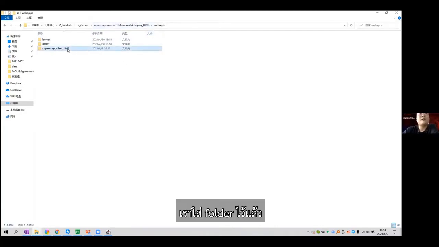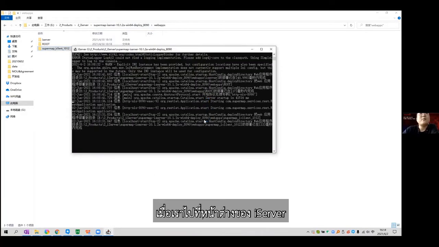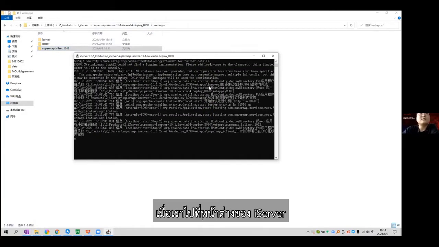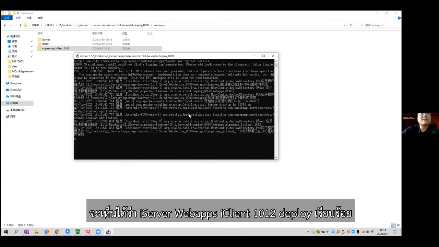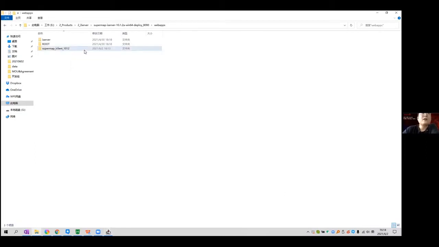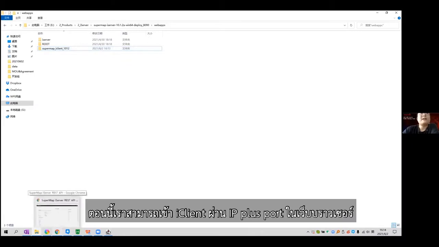Now we have already put this folder here, and if we go to the window of iServer, we can see from here that the iServer web apps SuperMap iClient 1012 has been deployed in 13,030 ms. So from now, we can already access the SuperMap iClient through the IP plus port format